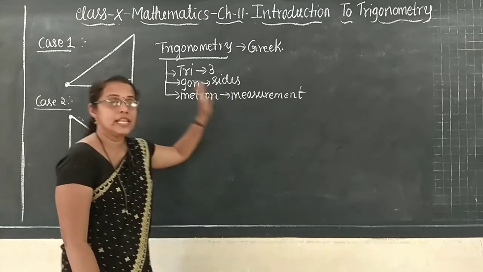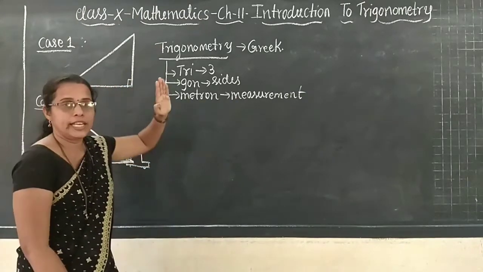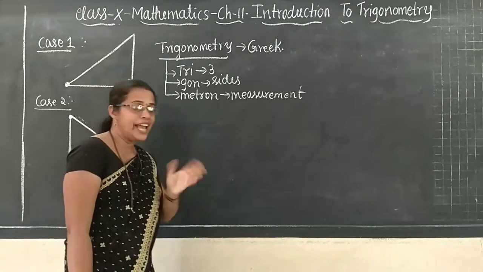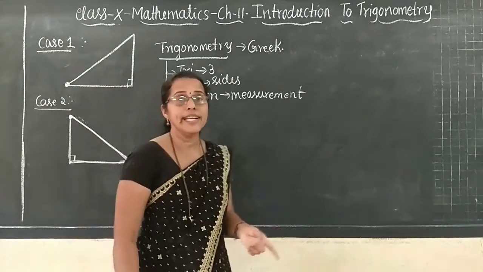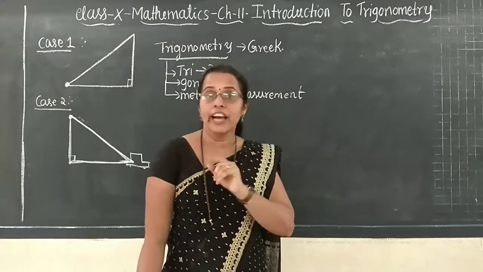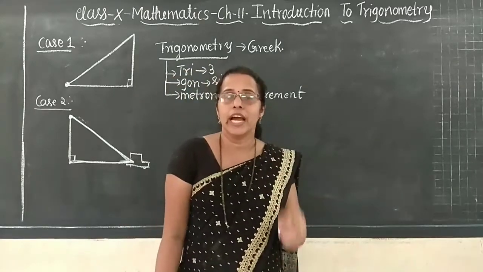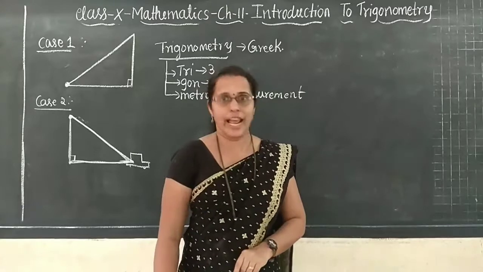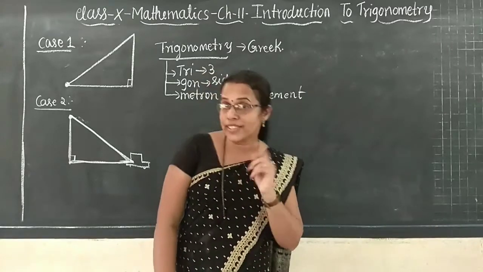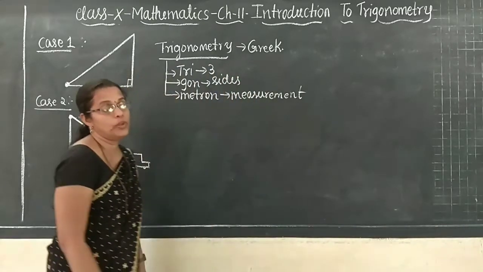Okay, so this is trigonometry: the study of relationship between the sides and angles of a right angle triangle. So this is applicable only to the right angle triangle. Okay. So with respect to acute angle,